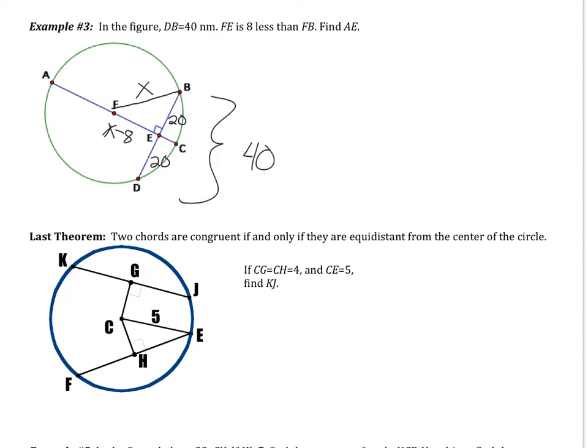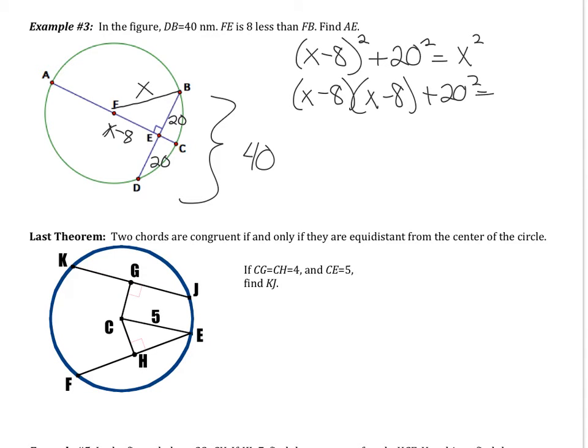All right, now I'm going to do the exact same thing as before. I'm going to do the Pythagorean theorem, except now I don't have two numbers. I have (X minus 8) squared plus 20 squared equals X squared. Don't forget that when you have a binomial, two terms that are being squared, you have to write it out twice